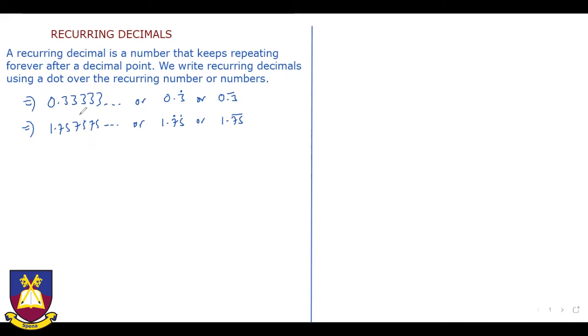Let's look at how to convert decimals to fractions, and we start with the first example. Convert 0.6666 recurring to a fraction. Now we can see that this is a recurring decimal with only one recurring number, 6. In order to convert this decimal to a fraction, we start by letting it be any letter of our choice. So let x equal to